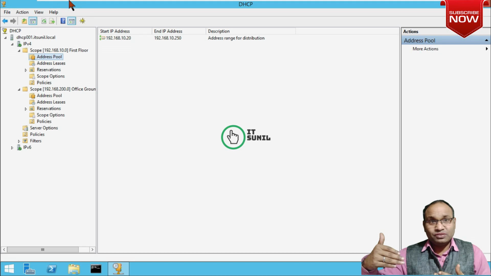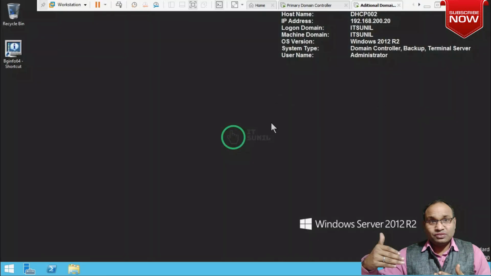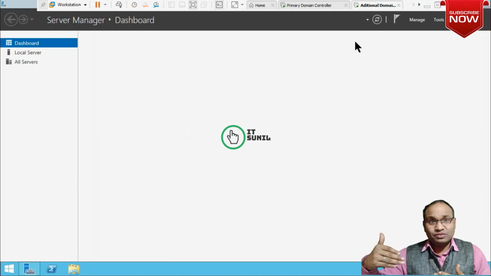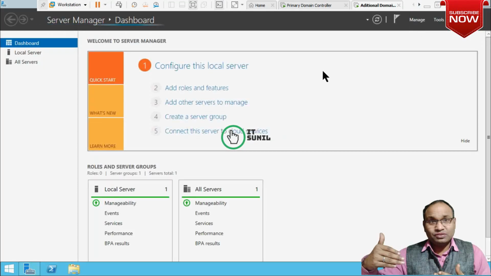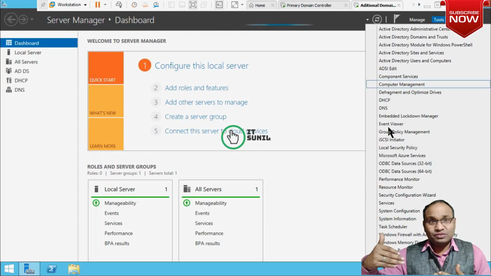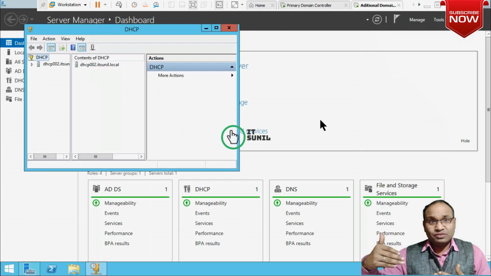I'm going to the secondary DHCP server. This is my secondary DHCP server. The host name is DHCP002, the IP address is 192.168.200.20, logged in to the domain itsunil.local, Windows Server 2012 R2. I'm going to open the DHCP server: open Server Manager, Tools, and DHCP.